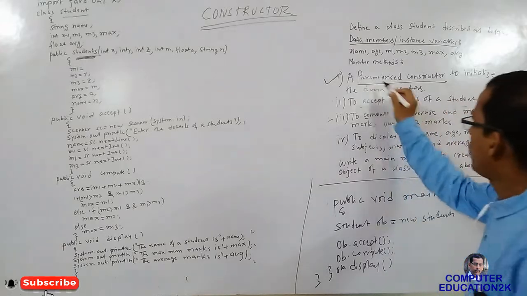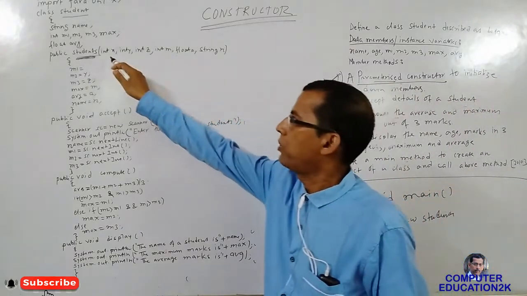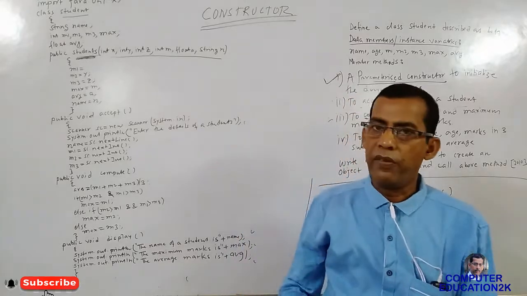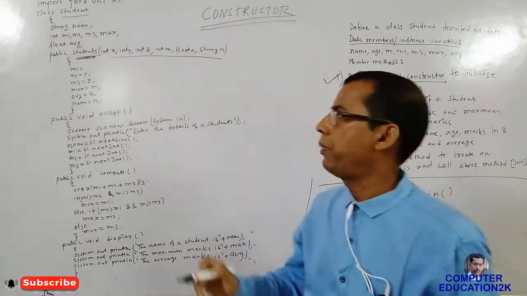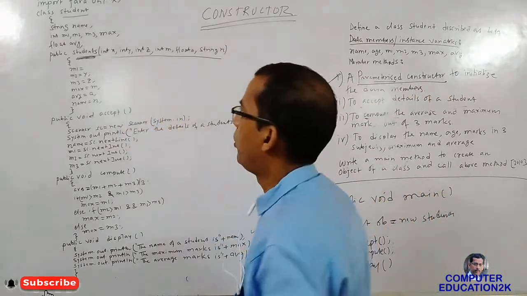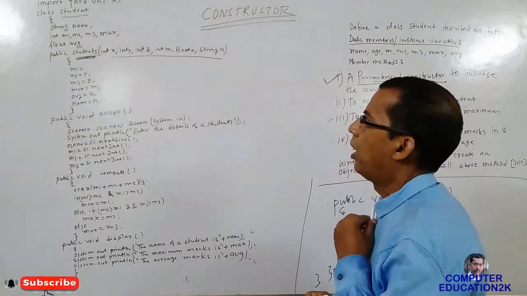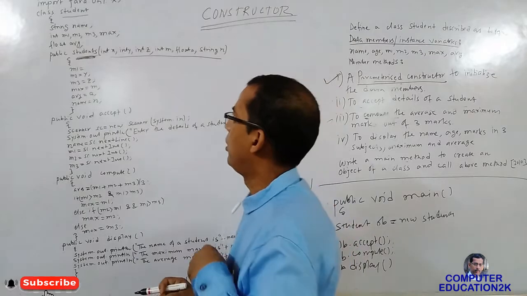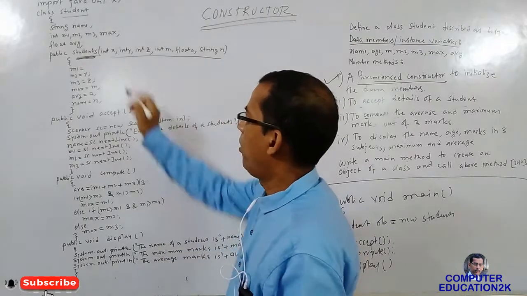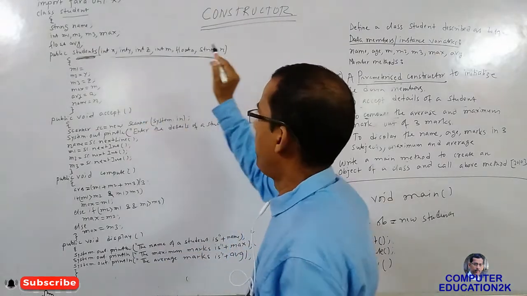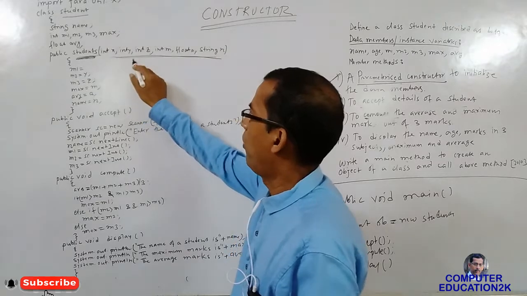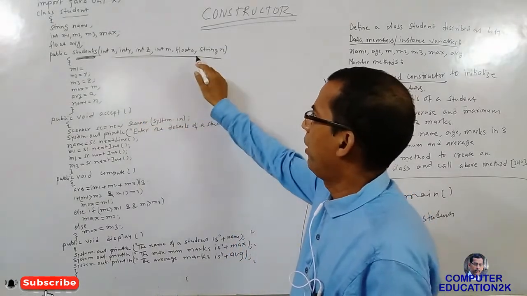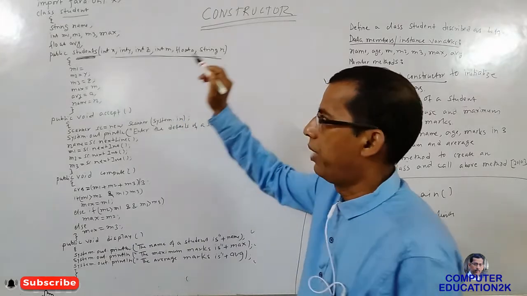And it is a parameterized constructor. That's why I have given some parameters here. And you have to give parameters for all the variables that you have taken. I have given parameters for M1, M2, M3, then max, and then name and AVG. So I have given all these parameters: X for M1, Y for M2, Z for M3, M for max, A for average, and N for name.